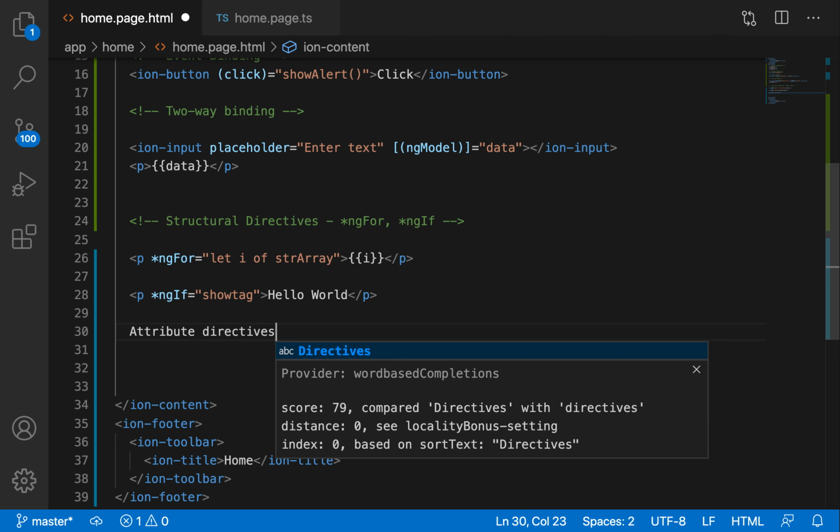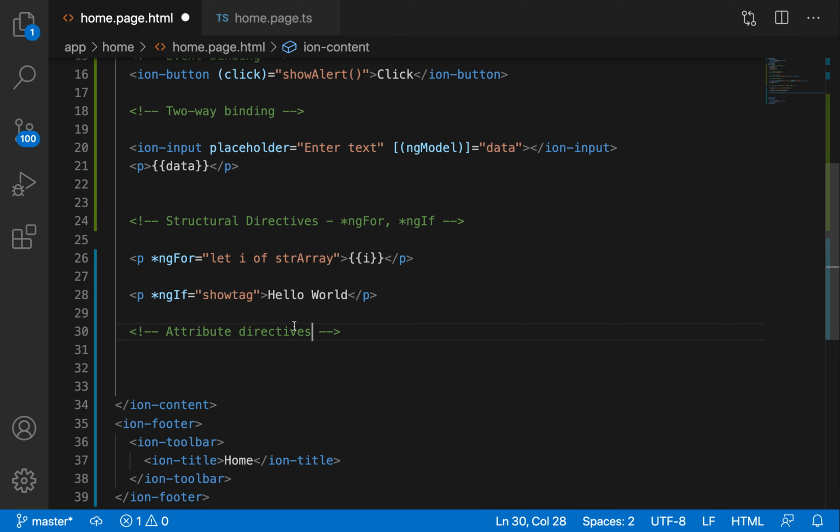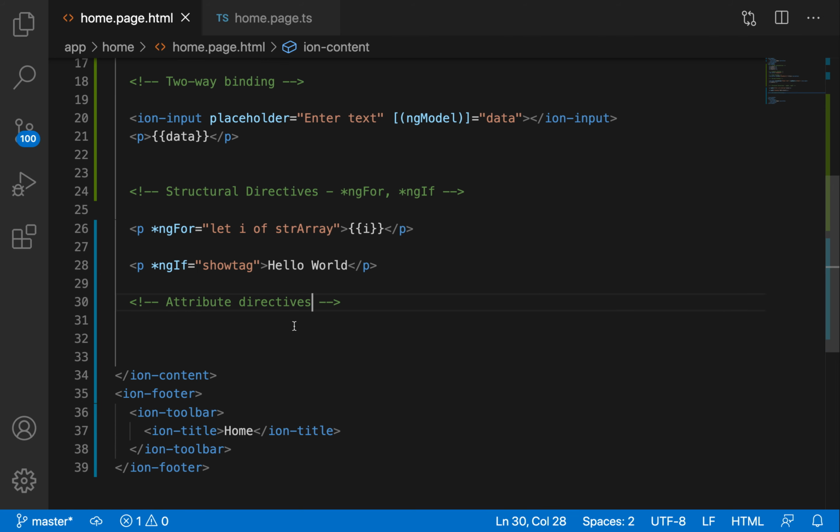Attribute directives change the appearance or behavior of an element, component or another directive.